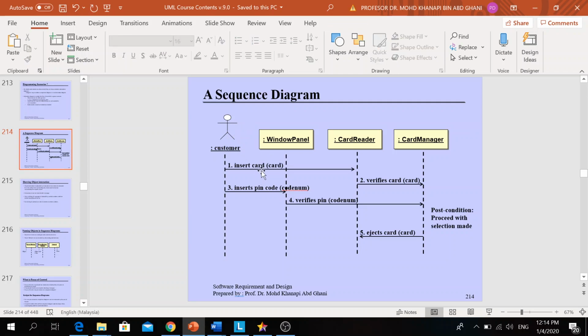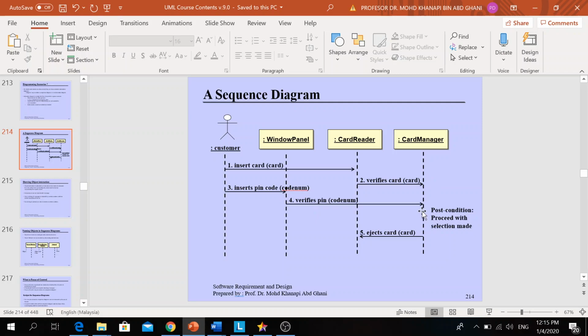Customer will insert the card, and the card is inserted into the card reader. Card reader passes the information of the account holder to verify their card and sends it to the card manager. The card manager will check the account number, the validity of the account number. Then the customer inserts the PIN code, and the PIN code is submitted to the card manager.